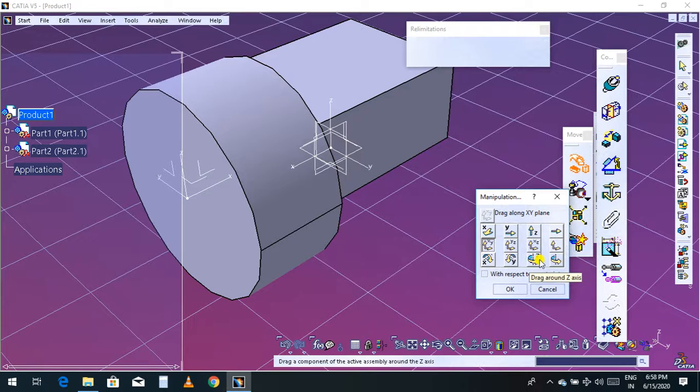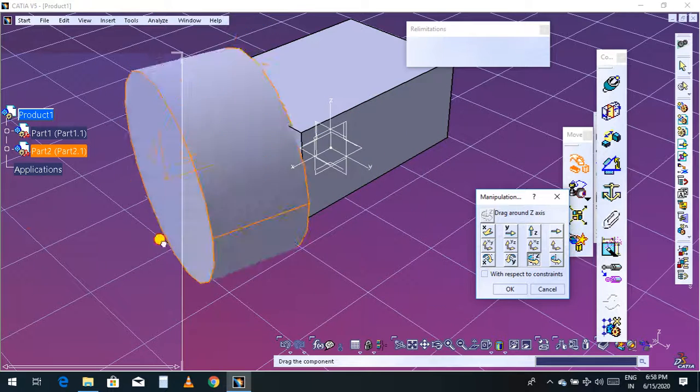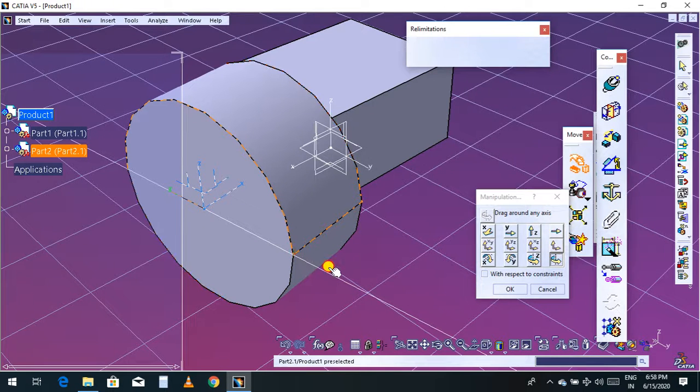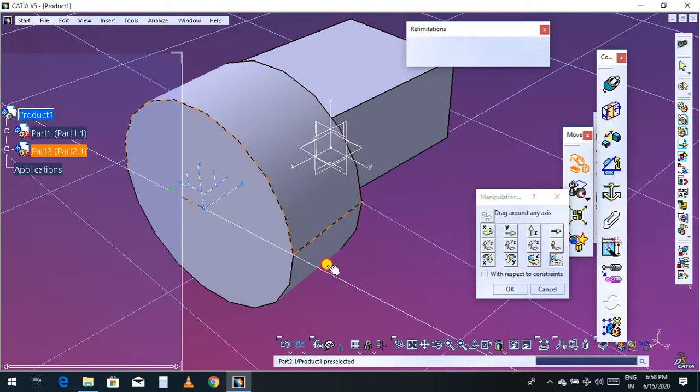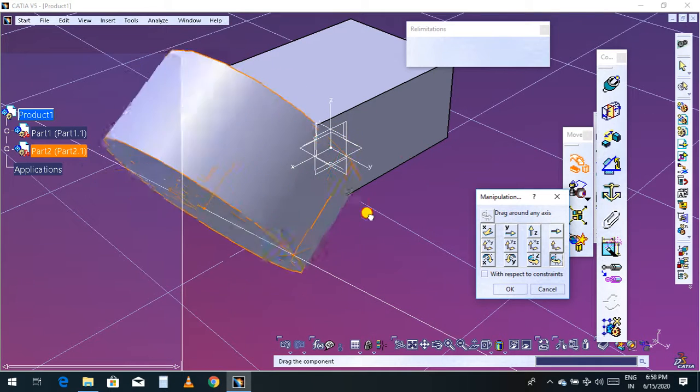There is also the option drag around Z axis, so it will rotate along the Z axis. If you click drag along any axis, select and just click, it will rotate, you can see.